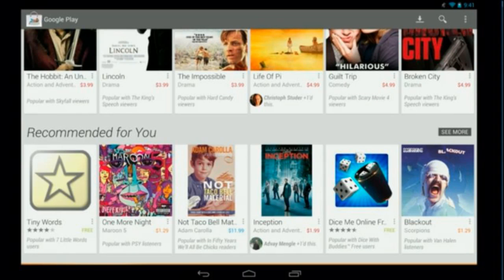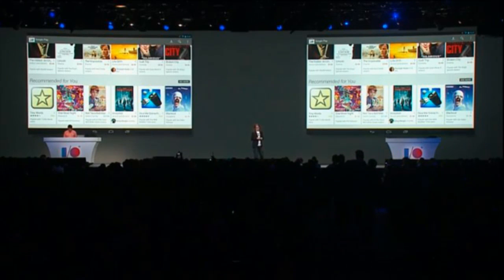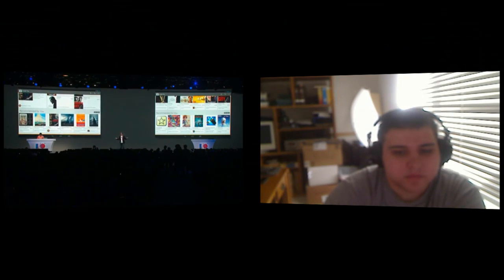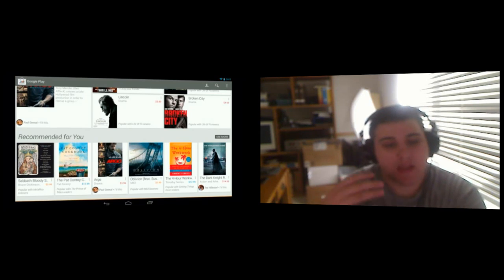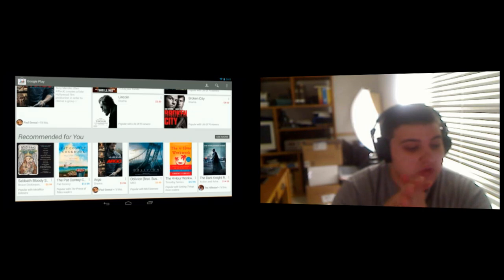But to give you an idea of how this adapts to different people, why don't we go out on a limb here a little bit and put Jay's tablet up side by side so we can see the difference. And so here with Jay's tablet, you see he gets the same types of recommendations. He's got movies and music, etc., because his friends have plus one things or based on his previous apps that